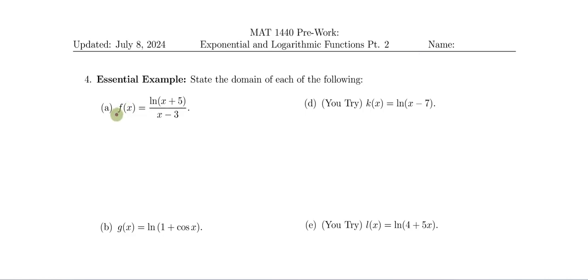So here, when I look at letter A, I see two problematic operations. I see the problematic operation of taking a logarithm, and I see the problematic operation of doing division. Notice we're also adding 5. We're also subtracting 3, but neither of those operations are in any way problematic. And so what we want to do is catalog and further analyze each of the problematic operations. So for division,